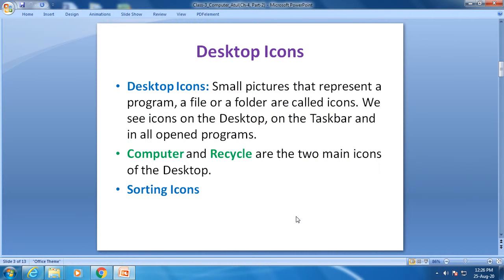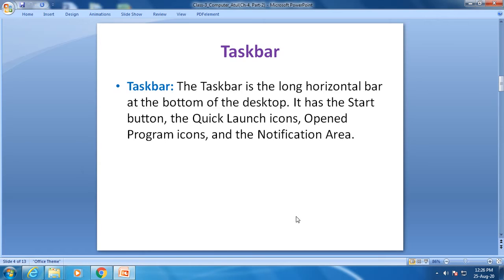Fine. Our next topic is taskbar. What is taskbar? The taskbar is the long horizontal bar at the bottom of the desktop. It has the start button, the quick launch icons, open program icons, and the notification area.